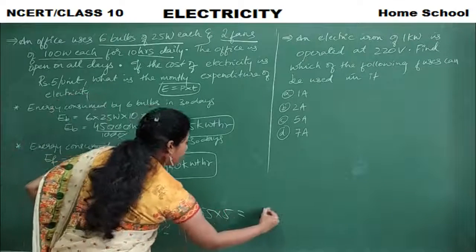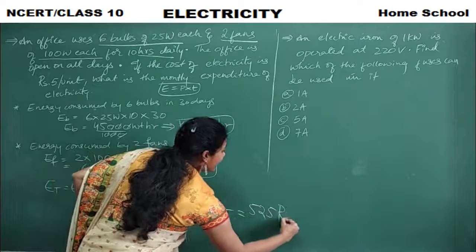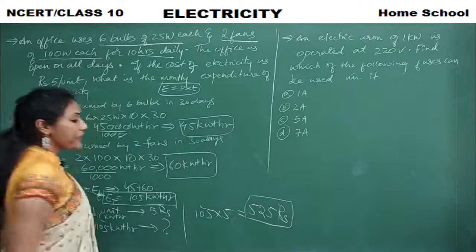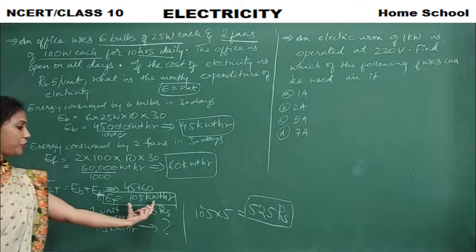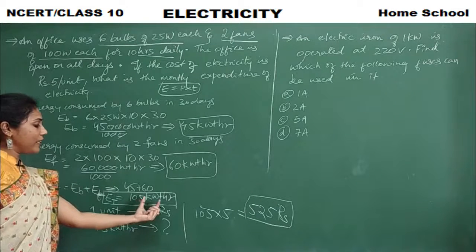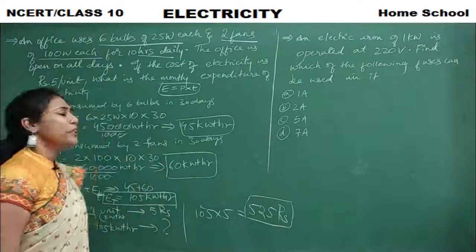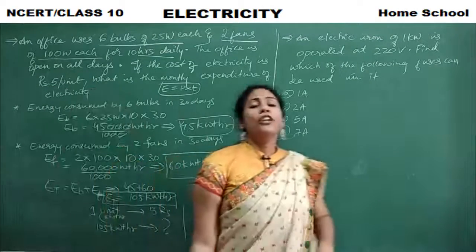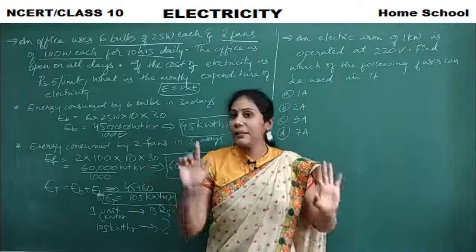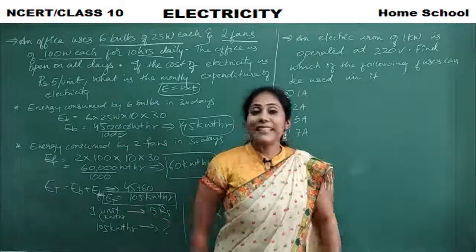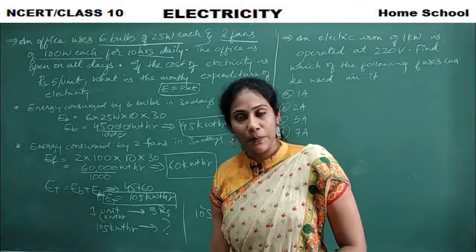5 5s are 25, 0, 2, 5 and 5. That means 525 rupees is the monthly expenditure of this much energy. Okay. So this much energy's expenditure cost is 525 rupees. Very, very important model. Common model, most of the times asked in the board examination. So you have to be very, very careful with this particular model: cost and energy problems.